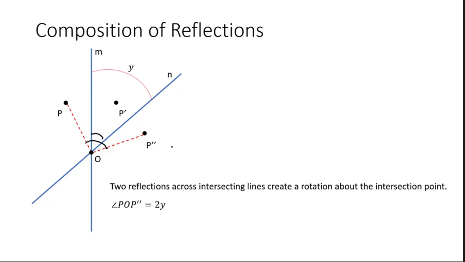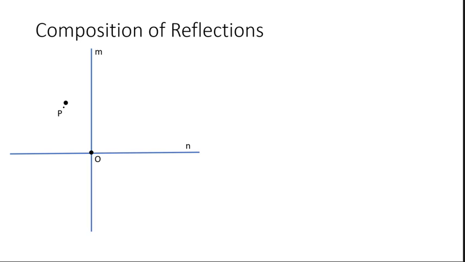Now let's take a look at one more example of reflections. So here we're going to look at perpendicular lines. And again, we are just dealing with point P. All right, so just a point, not an entire picture. But we reflect across line M and then line N. Reflecting across line M, we get point P prime right here, and then reflect across line N to get P